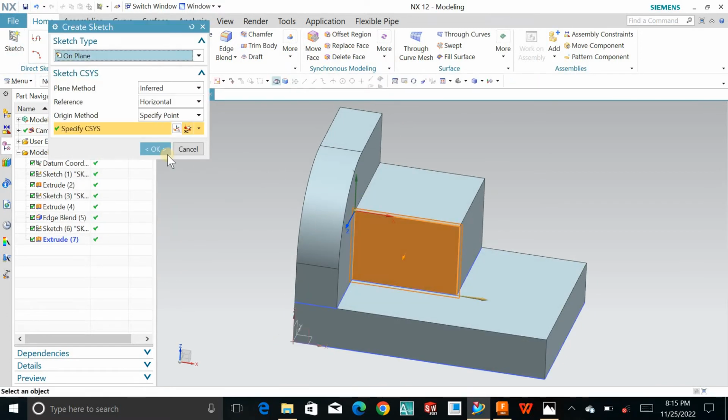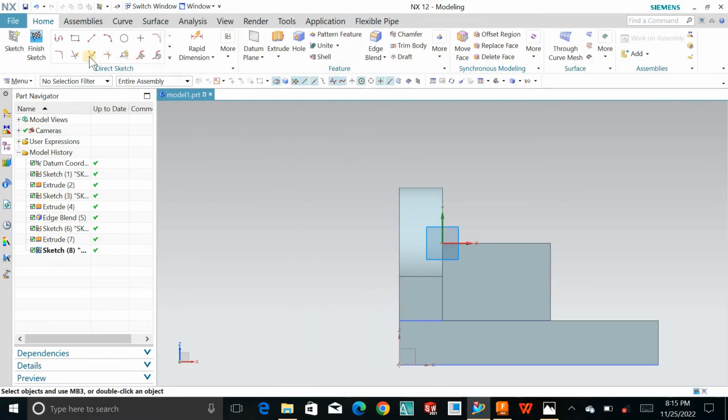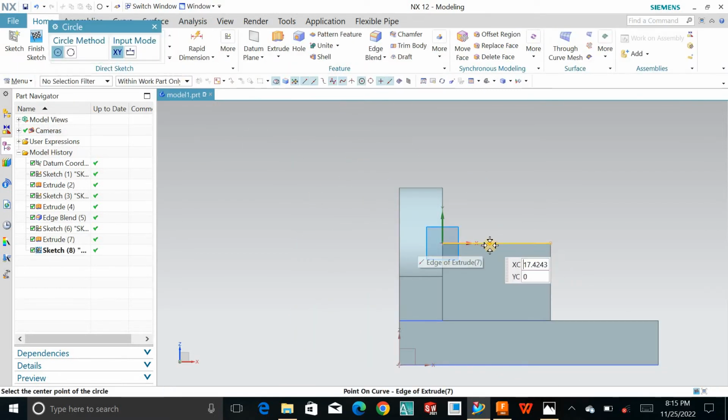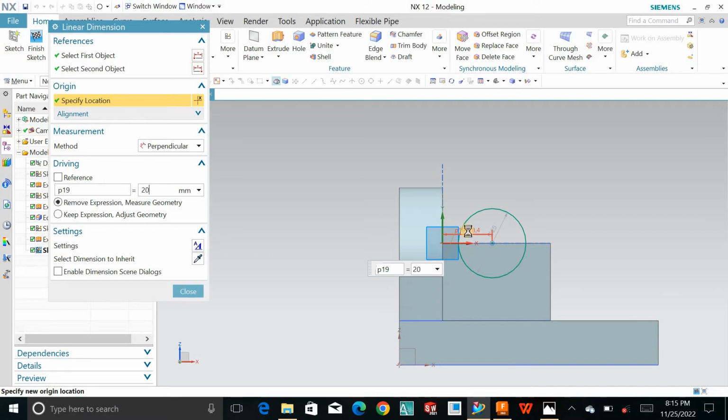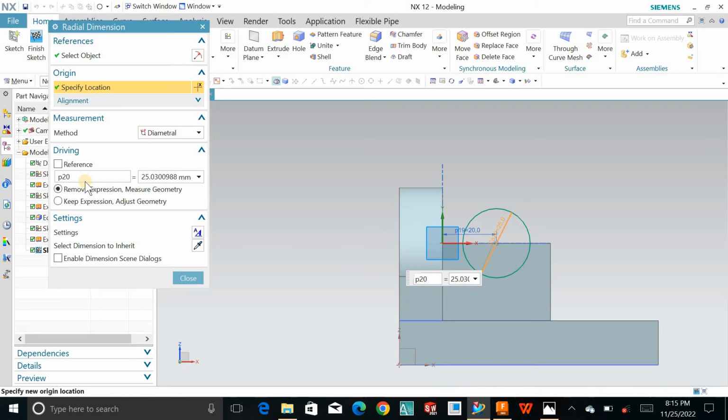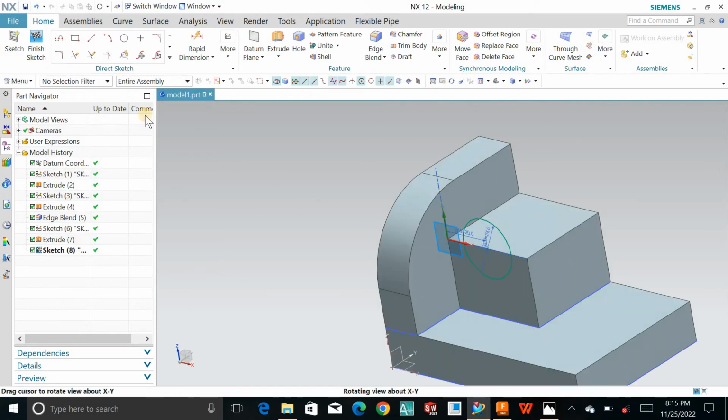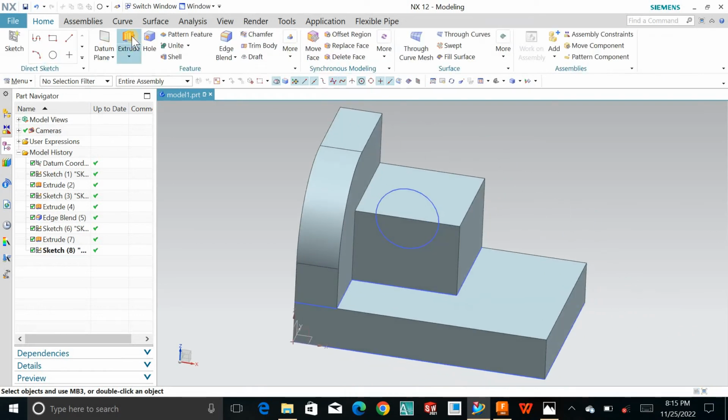Click on sketch, choose this face, OK, go for circle and this time I will add a circle, and this one is 20 and this diameter is 24, and I'll close this. I'll just finish the sketch, go for extrude